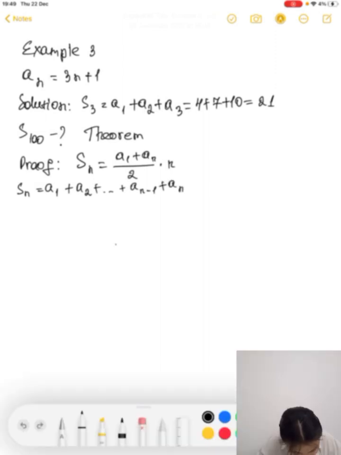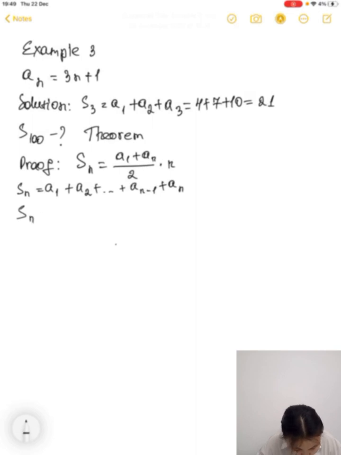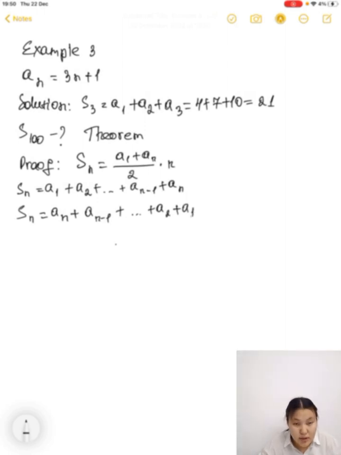S sub n is equal to a sub n plus a sub n minus 1 plus up to a sub 2 plus a sub 1. Adding these equations side by side,